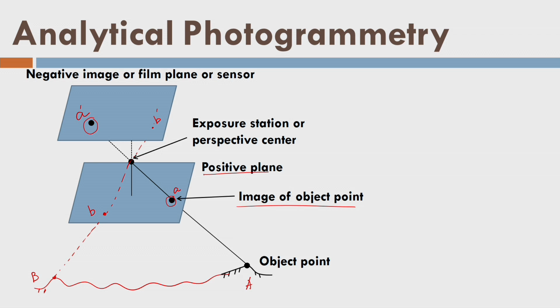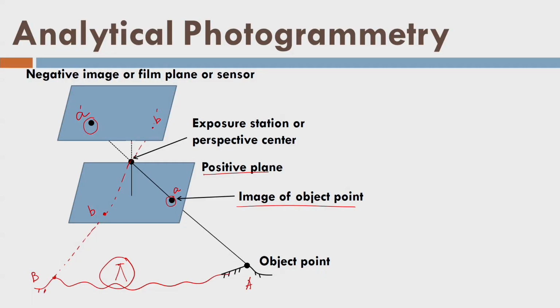If you look at this very carefully, you will see that we have some kind of experience of looking at the terrain. The idea here is, suppose I am standing somewhere here, then I will see point B on my left hand side and point A on my right hand side. But if from the same point of view I look at the negative, I can see that the positions A dash and B dash are relatively inverted on the other side. That means, from my position here, point A dash on the negative is on the left hand side, which is completely contrary to the position of point A in the field. Similarly, B is imaged at B dash, which is on the opposite side with respect to this axis here,